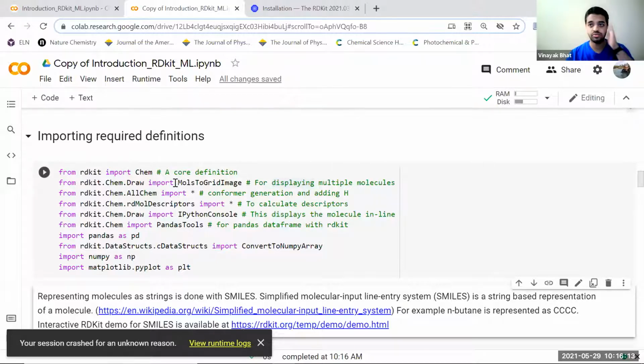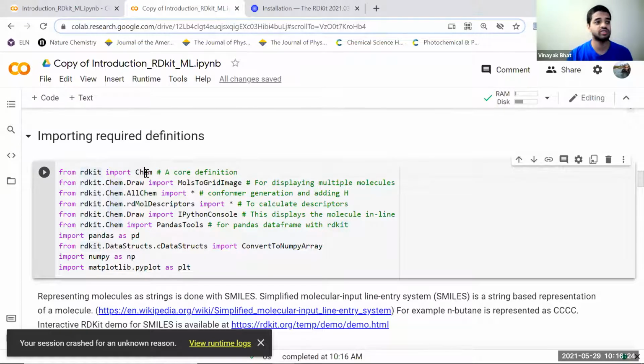Done. Okay. So you can start with the next one, which is importing. For those who have not used much of Python, what we do is we try to get those definitions from a particular library. So we'll say from RDKit import Chem. Chem has some definitions of some functions that we are going to use, and these are the core definitions in RDKit. This is how you'll be creating molecules, reading molecules, and doing stuff. We may not use this function, but I'll show you how to use it sometime if possible. And this is for displaying the molecules.